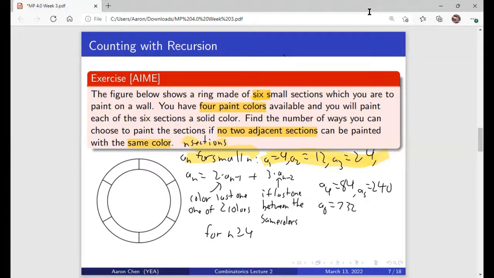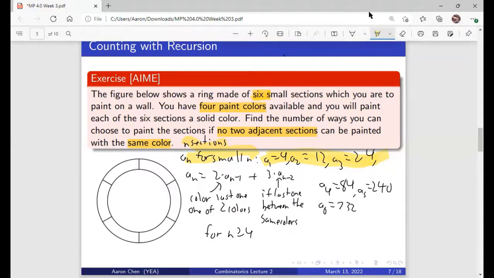Okay. And so now for n greater than or equal to 4, a_n is equal to,